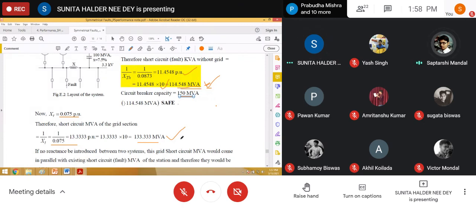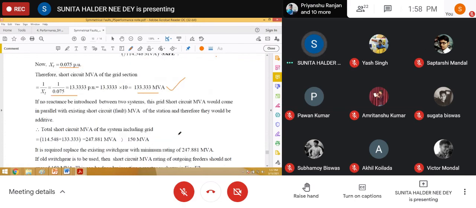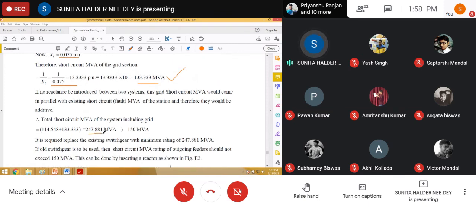Yes, ma'am. So total current will be near to 247 like that. Is it not? 247 now, but the circuit breaker connected is 150. So it will not serve the purpose. So the existing circuit breaker cannot work. So if we want to